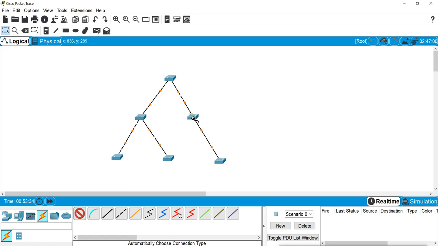It is going through the different states like blocking, listening, learning, and then it will go to forwarding state, and for that it will take almost 50 seconds. So they are still not enabled. Now you see slowly other ports are getting enabled, and the port which can create a loop will be blocked.